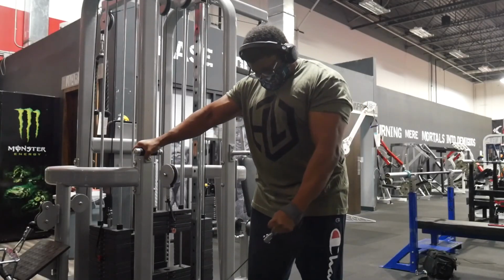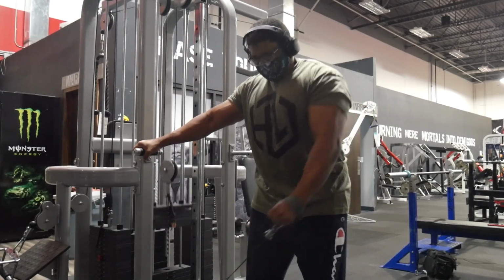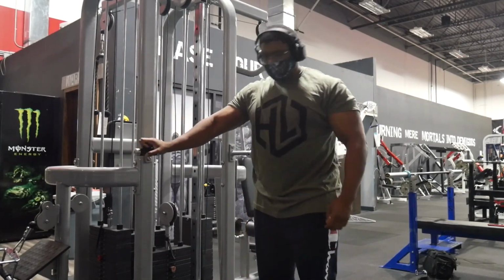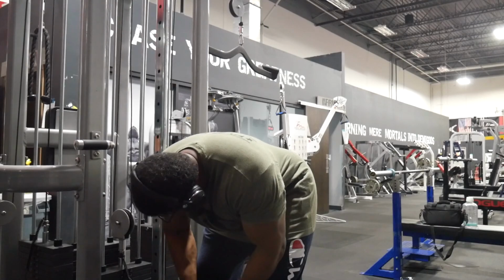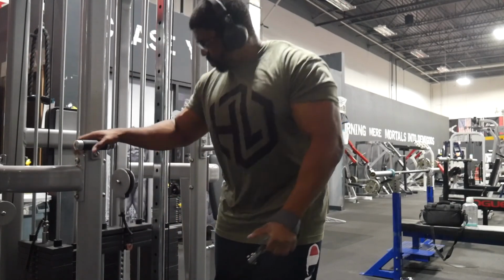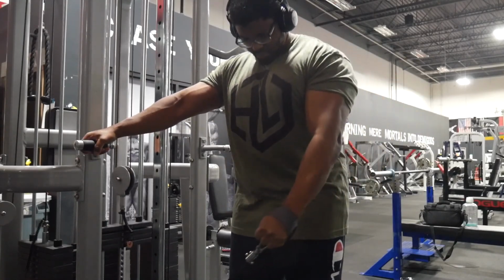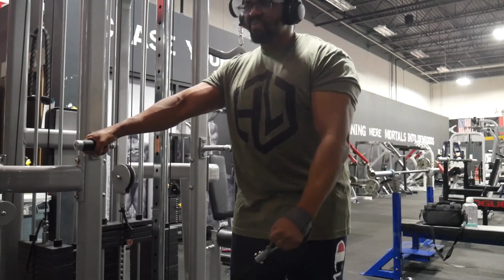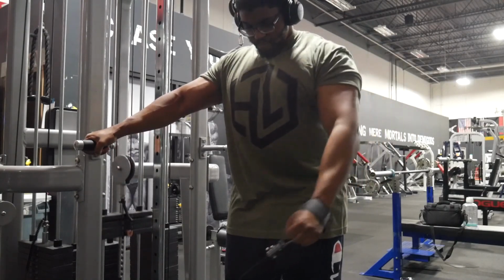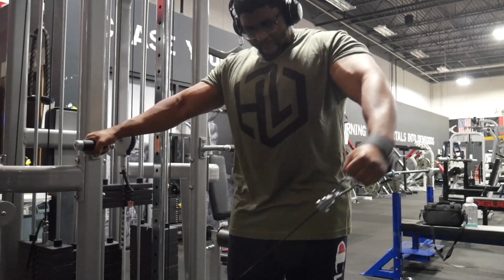Alright, last exercise of the day. Got this from good old Hunter Labrada, whose shirt I'm actually wearing today. We are using punch laterals. And what do I mean by what is a punch lateral? A punch lateral is a lateral where you make the motion of you punching the floor and you do a side lateral. And it really fires that side delt head up with a ridiculous